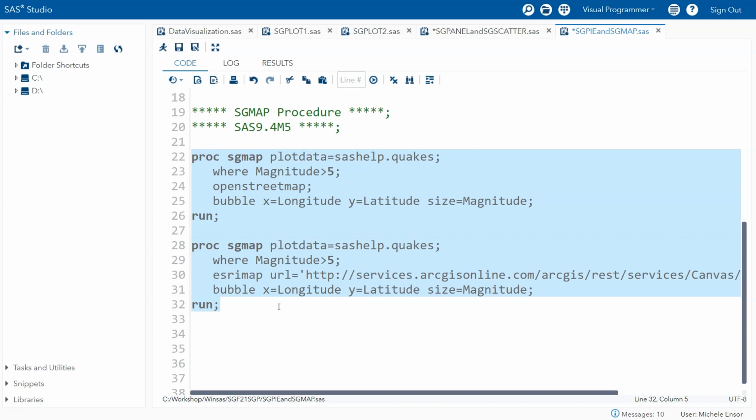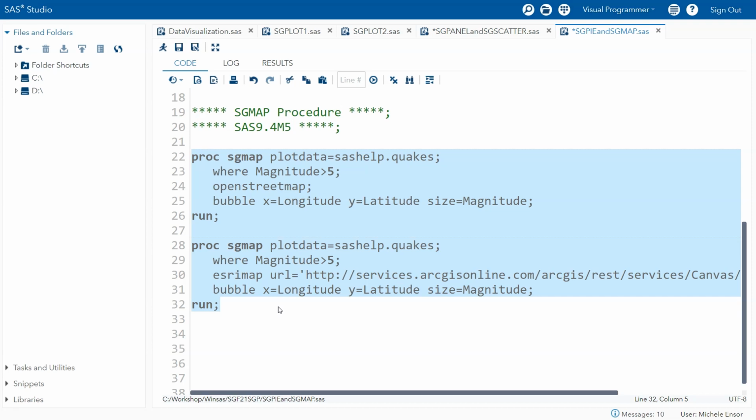It's important to understand that for PROC SGMAP to work for you, you do need data that has coordinates in it, such as the latitude and the longitude. You might be saying, well, I have data, but I don't have that information. Well, there are numerous ways to go about getting coordinate information. For example, SAS has a procedure called PROC GEOCODE that can be useful for getting coordinates based off of your data. This is just a start.